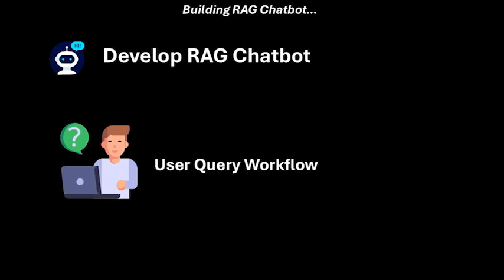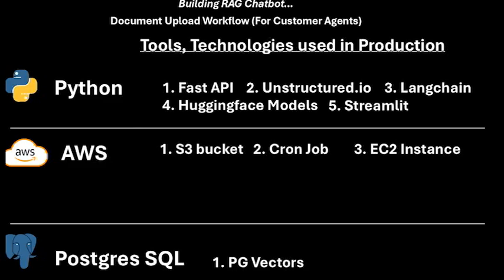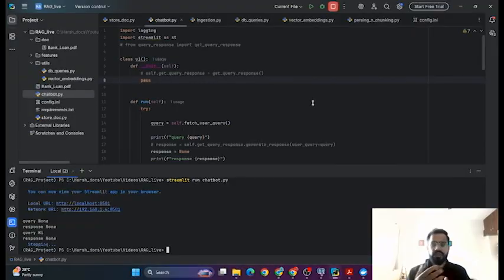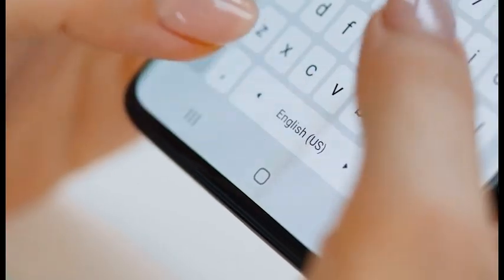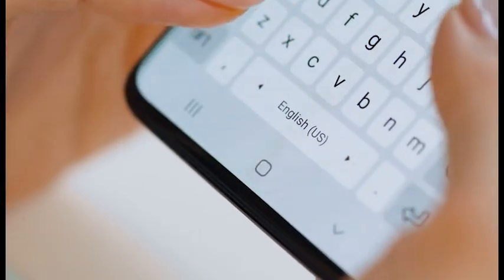Now we will discuss how to create the user query workflow. The first step in this case is to create a UI. We will be using Streamlit in this case to create a chatbot UI where the user will interact with our RAG-based chatbot and write their query, and that query would be used to fetch the results and respond back to